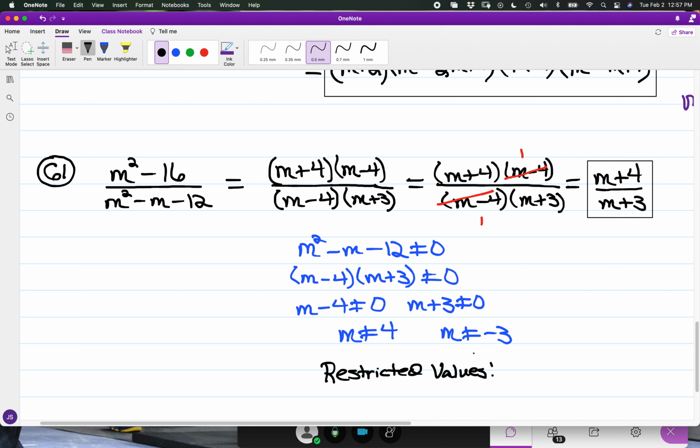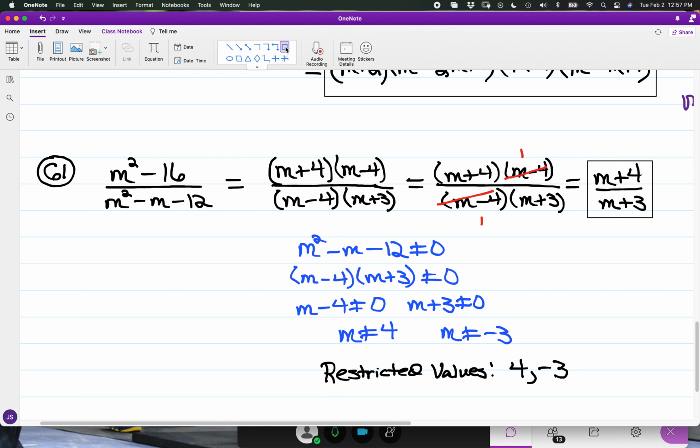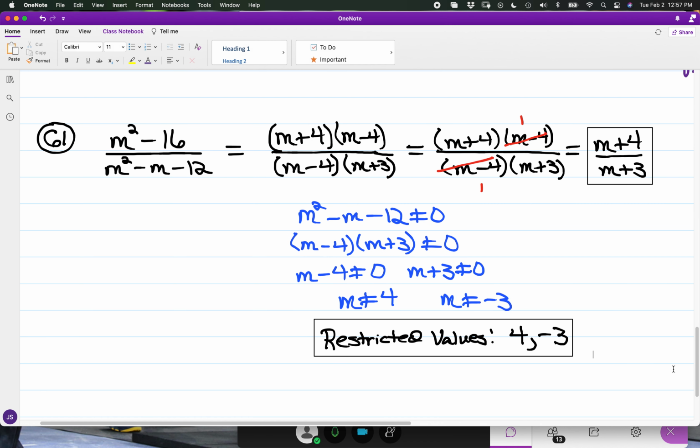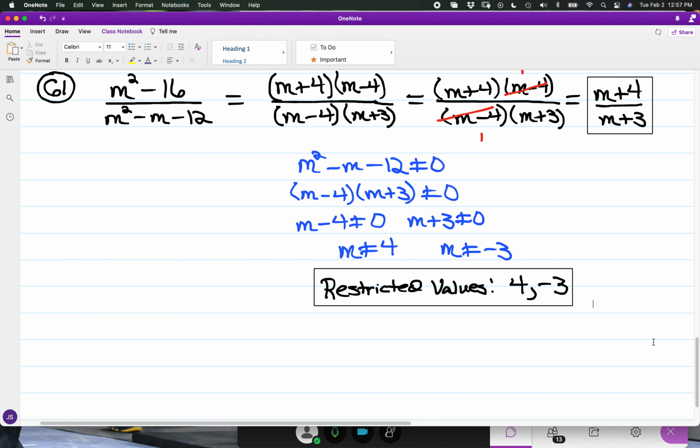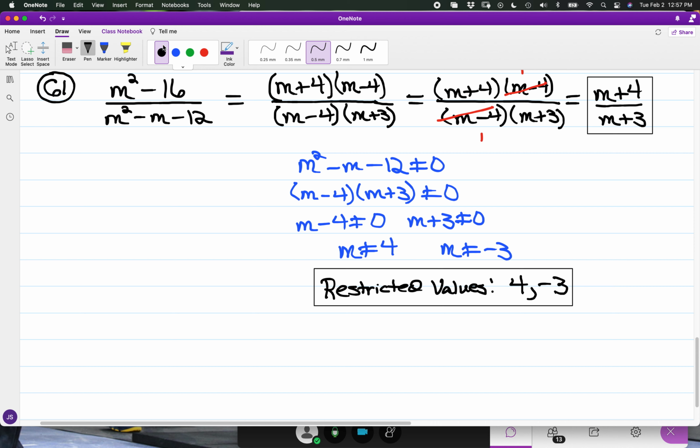And it doesn't matter what order you place them, but you have 4 and negative 3. And again, for what we have looking at rational expressions,